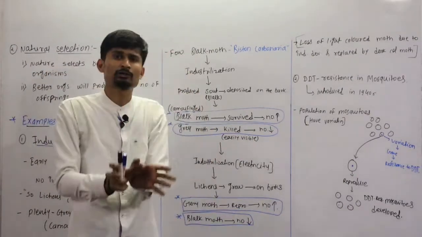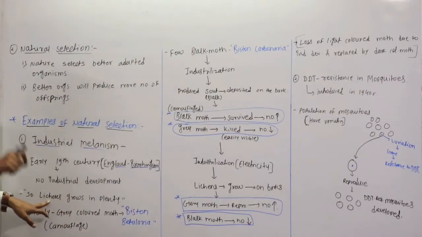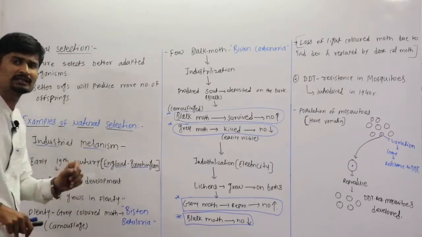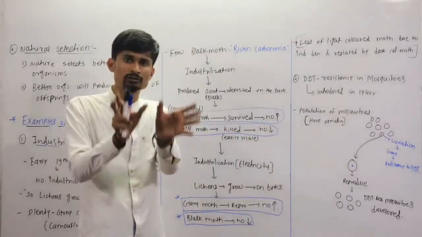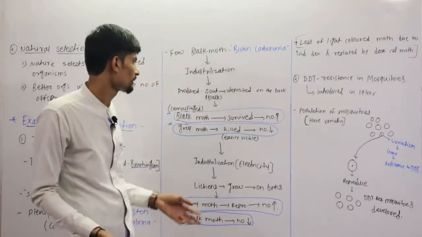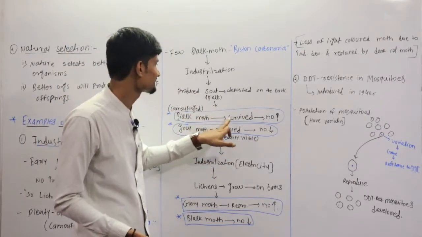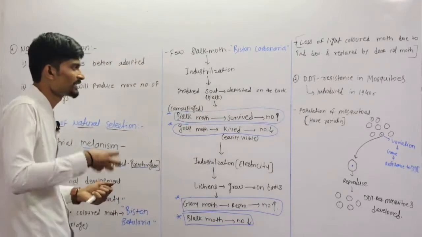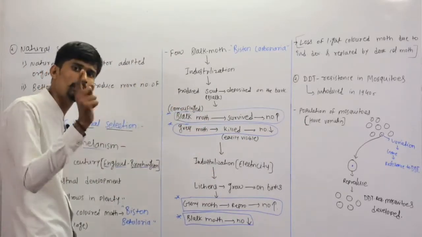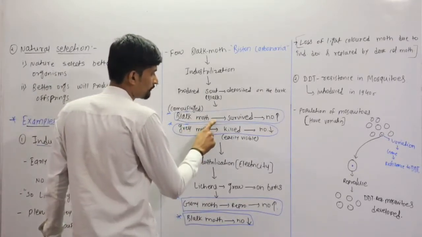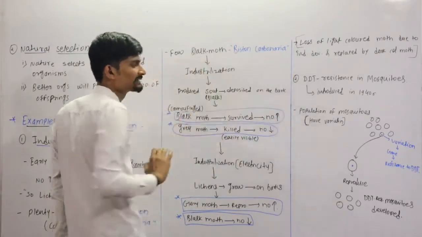Okay, and the bark of the tree gets turned from grayish to black in color. Due to the presence of lichens, the bark of the tree is grayish in color, but now, due to deposition of the black soot, the color of the bark is black. So due to this, the black moth survives because now they benefit from the black color. That's why they are easily camouflaged from the predator, and that's why this black moth survived and the number of black moths goes on increasing.